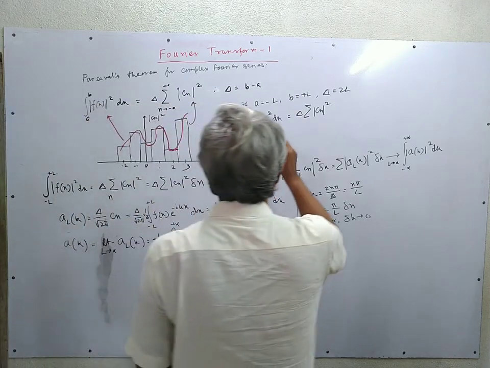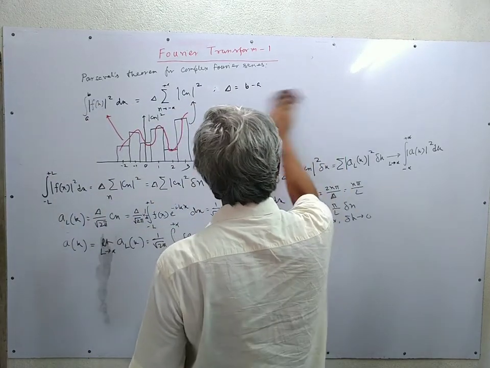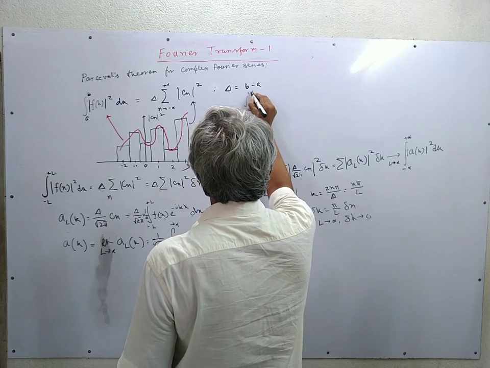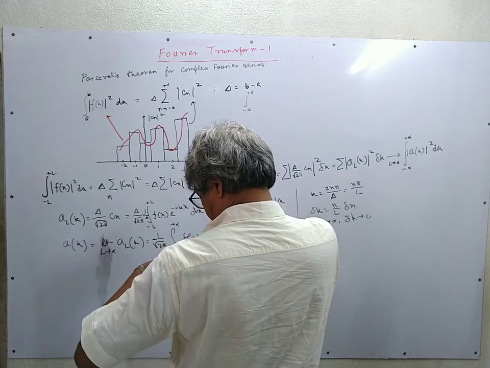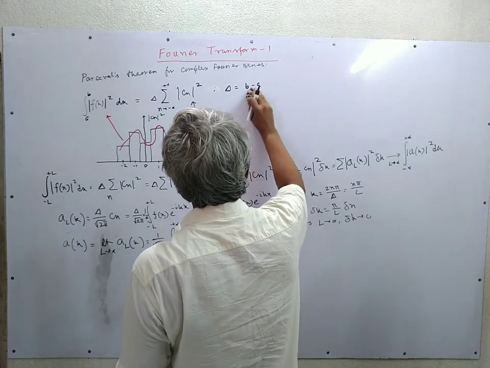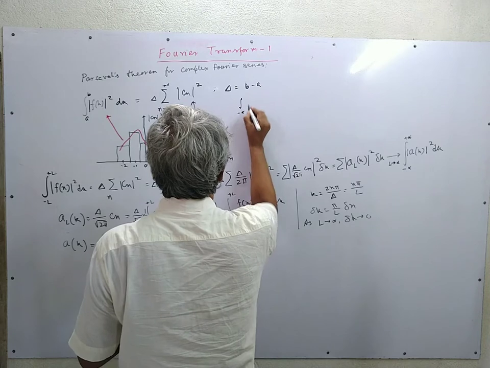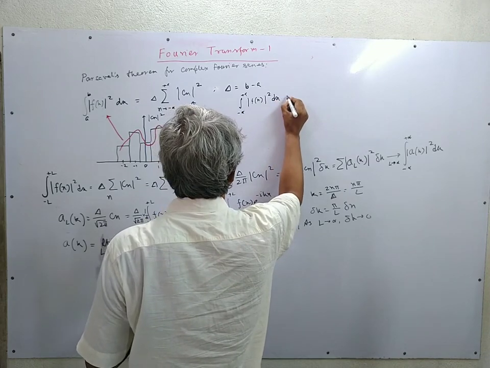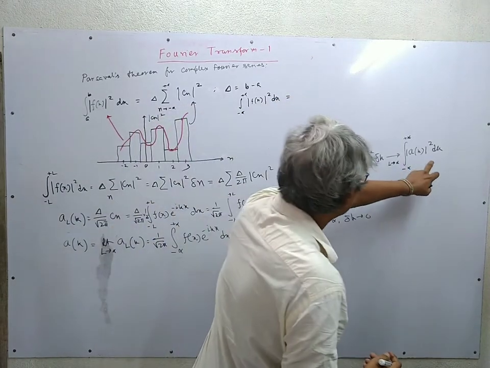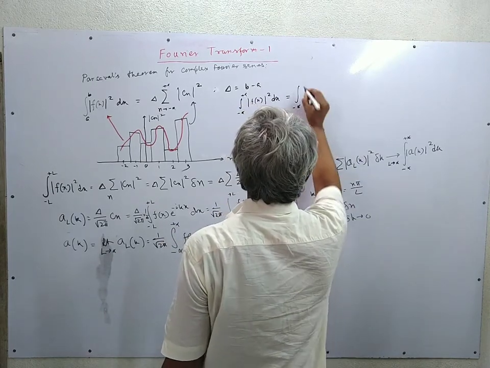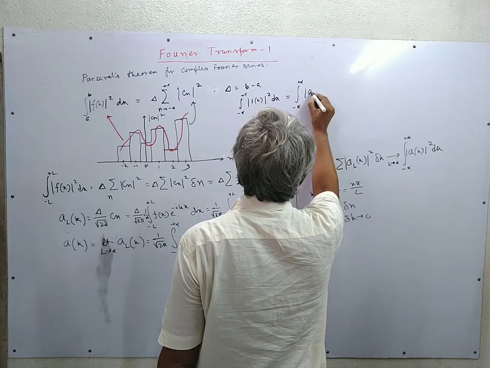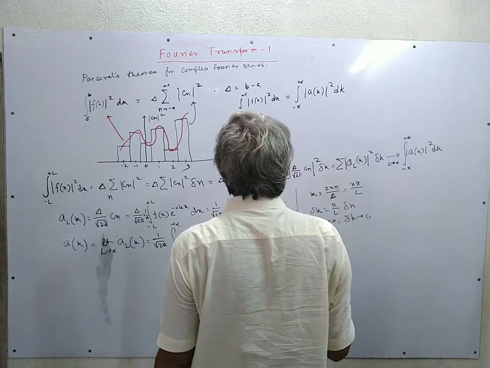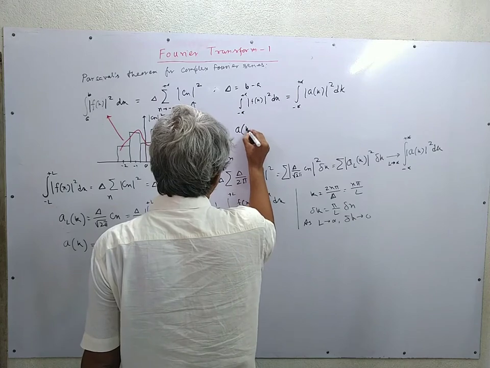So let me first write the summary. This is the new Parseval's theorem, with A of k defined as